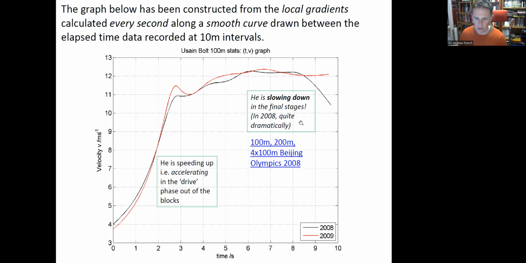Now, it's probably a bit old for some of you, but Usain Bolt infamously put his hands in the air in a euphoric victory and sauntered across the line while breaking the world record in Beijing. It's an extraordinary experience. And you can actually see that looking at his velocity decreasing in the last second, which he thankfully didn't do in Berlin. So there we go.